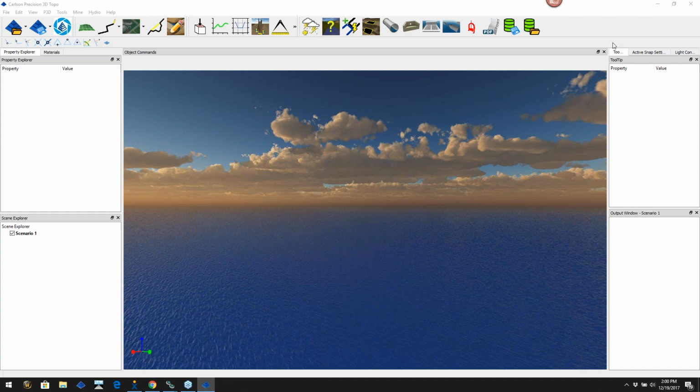So anyway, what I'm going to show you today is how to import Google Earth surfaces and different ways of handling this type of data, images and things like that. Just to start off with, I want to show you that if you don't even know the location of where you're at, you can come in here and type an address in. So if I was to say 1600 Roseville Road